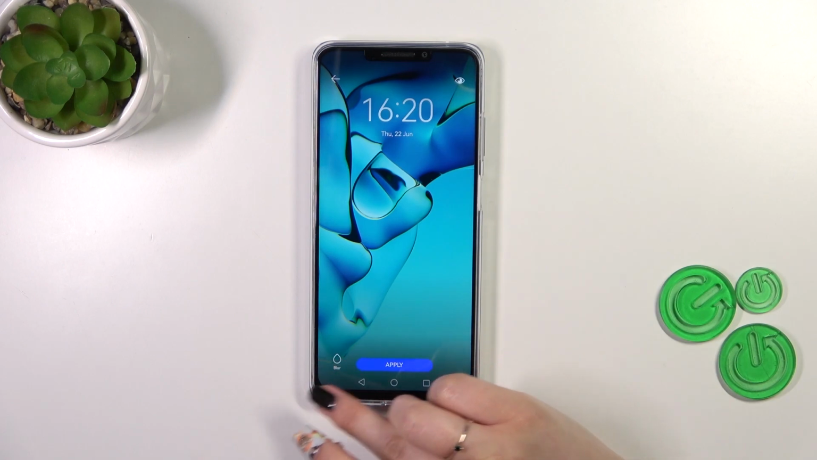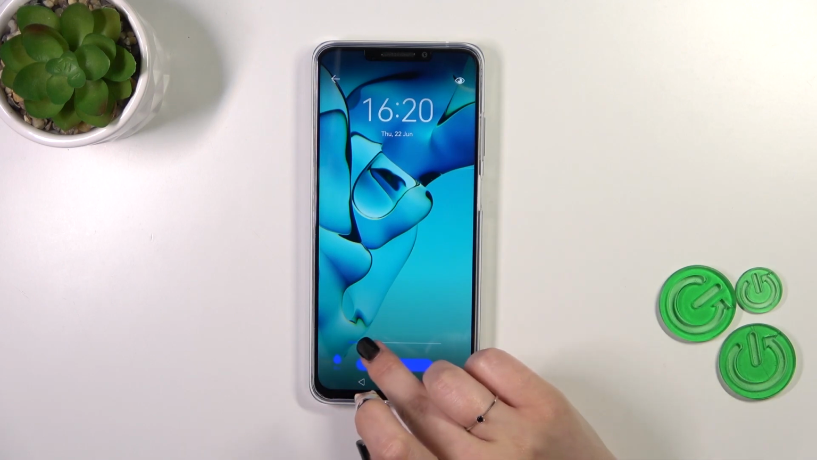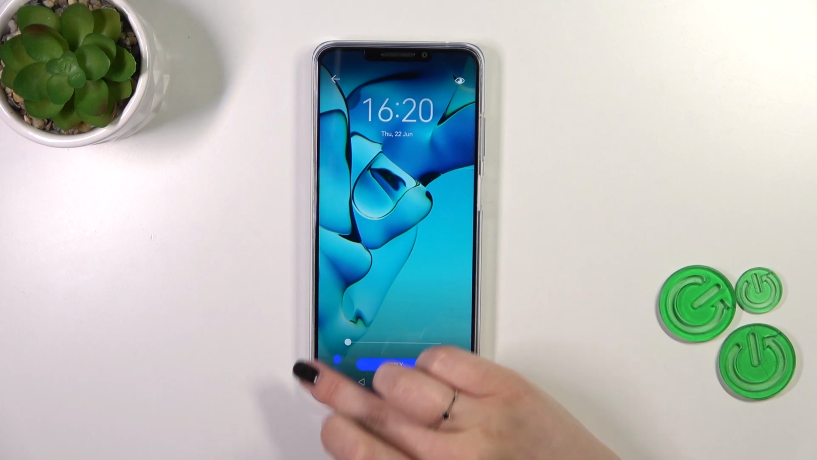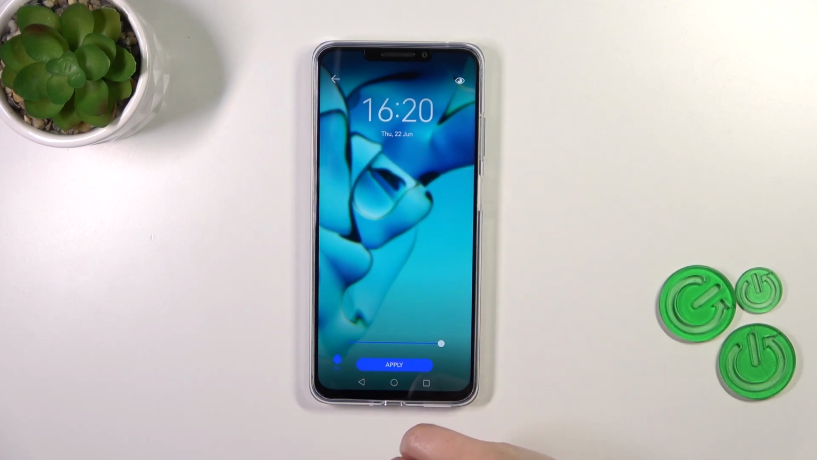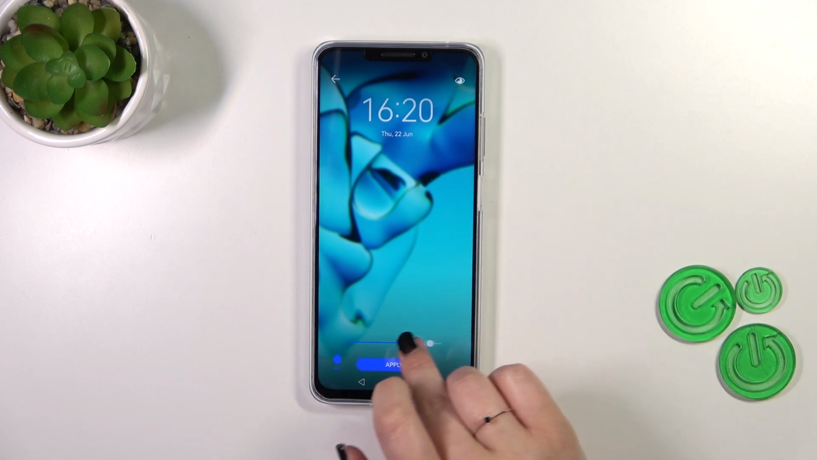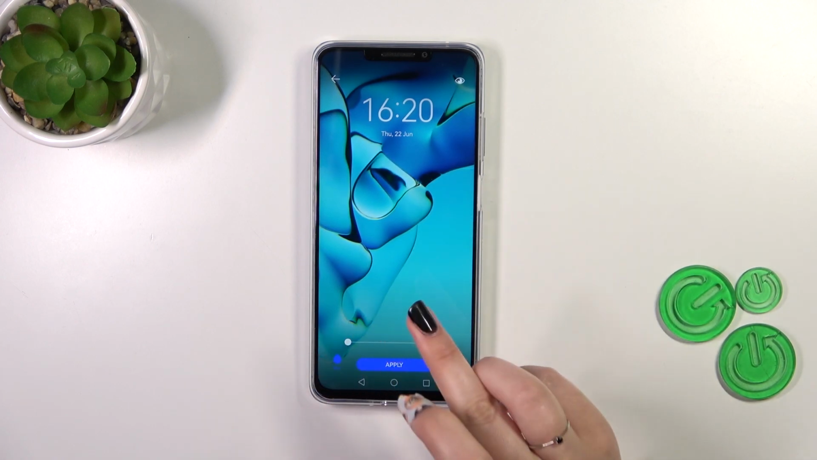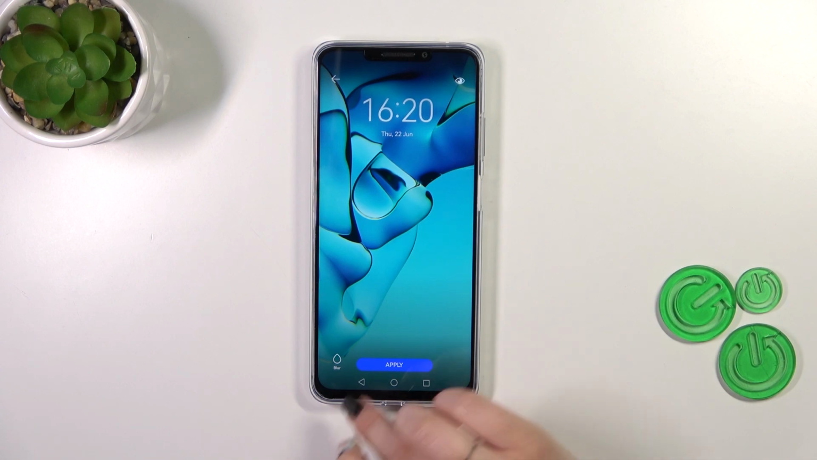What is more, you can blur it, so just tap on this drop icon and by going to the left we can make it sharper, and by going to the right we can blur it. As you can see, it's quite blurred. It's up to you. I think I will leave the sharpest option, and simply if you are happy, just tap